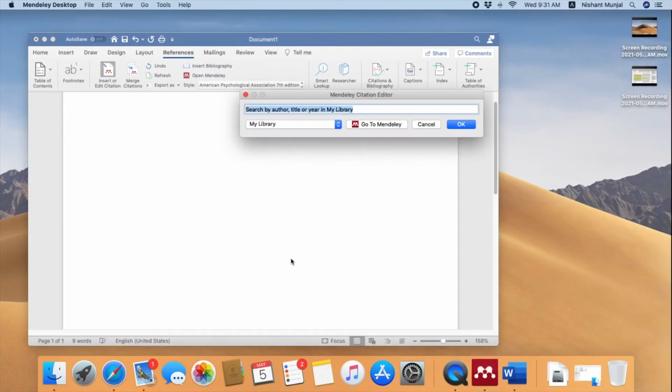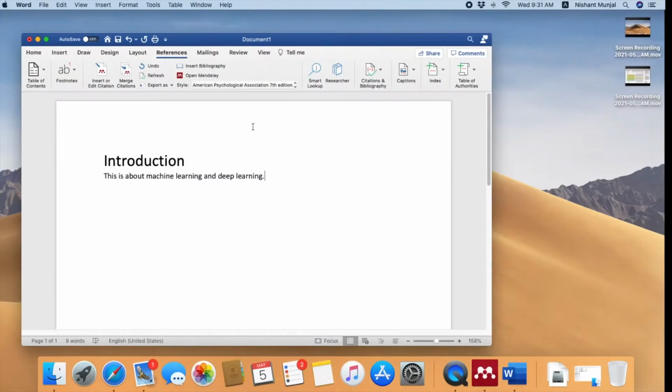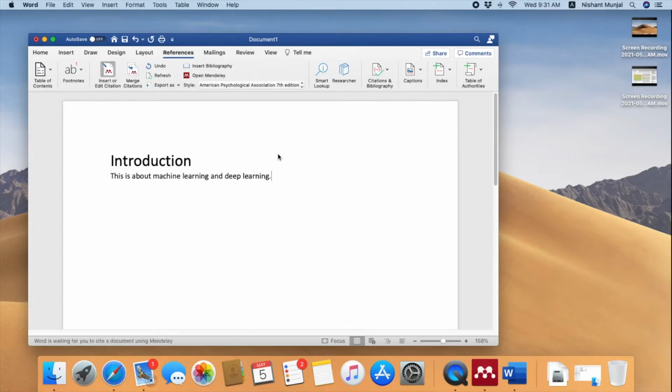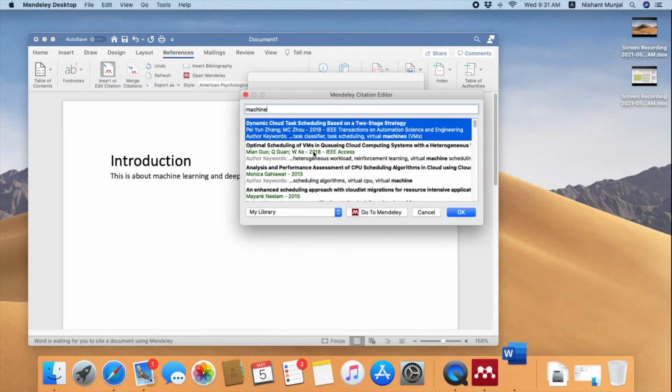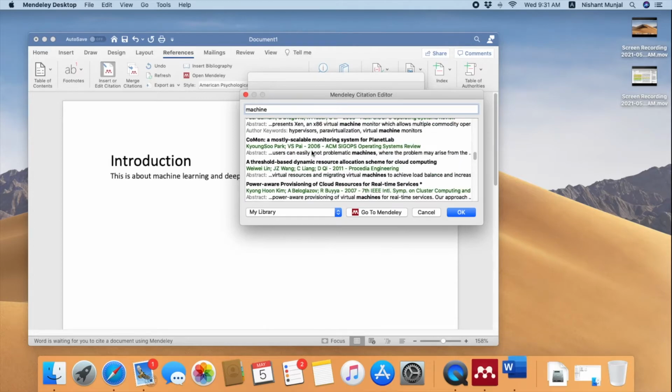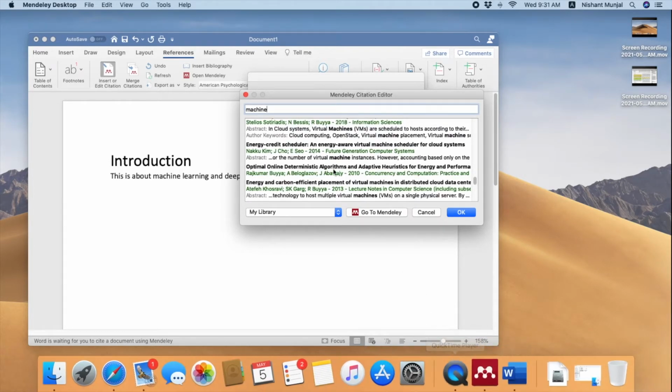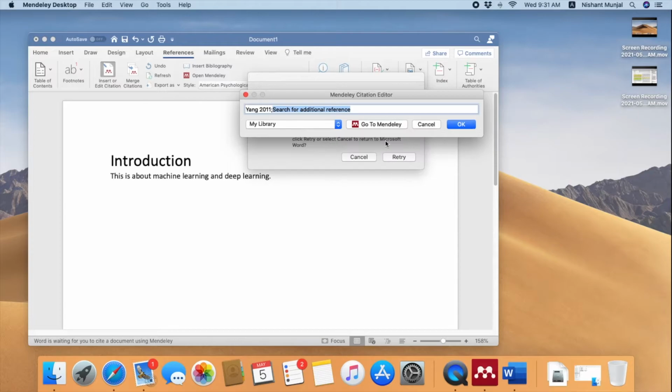Okay, my computer wants access to it. So here I got the access. No, let me do it again. Insert citation. Now, whatever I type, I can type the paper name, I can type the author name over here and the year in my library. This is my library, and if I have any specific folder, I can go with that. Let me talk about machine learning, and it has shown me many other things. Let's suppose Yang 2011. Okay,